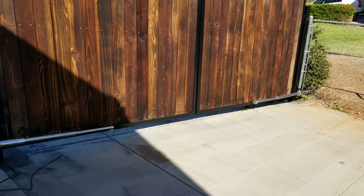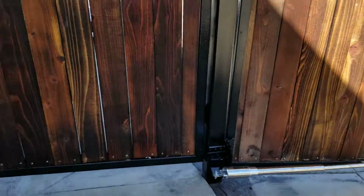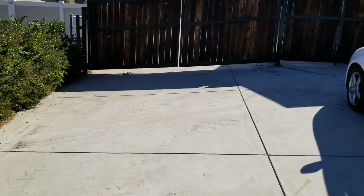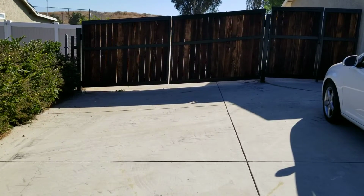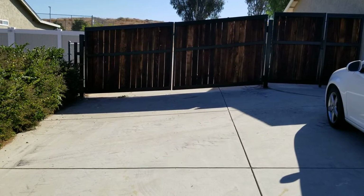And the slope, I'm going to talk to you guys about that. If you have a slope like this, let's look at it from the other side. You guys might get the sun in your eyes when you get over there. Let's get over there and take a look. Sorry if you get a little sun in your eyes, guys, but here's the slope I had to deal with. It was quite a bit of a slope on the driveway,